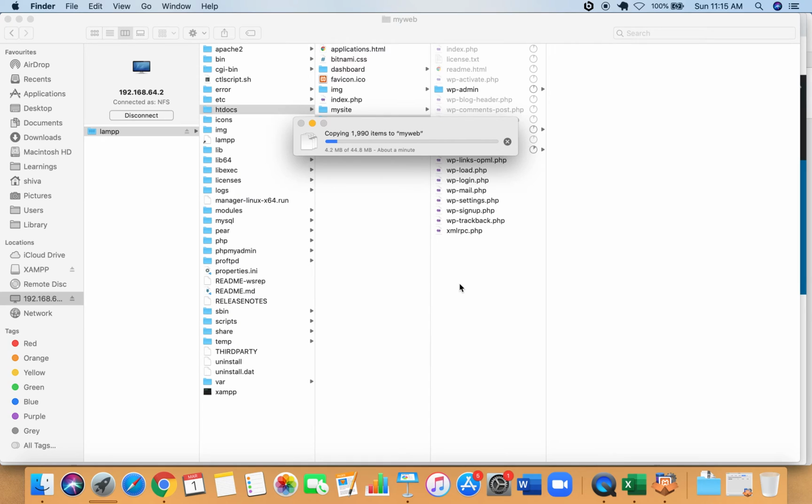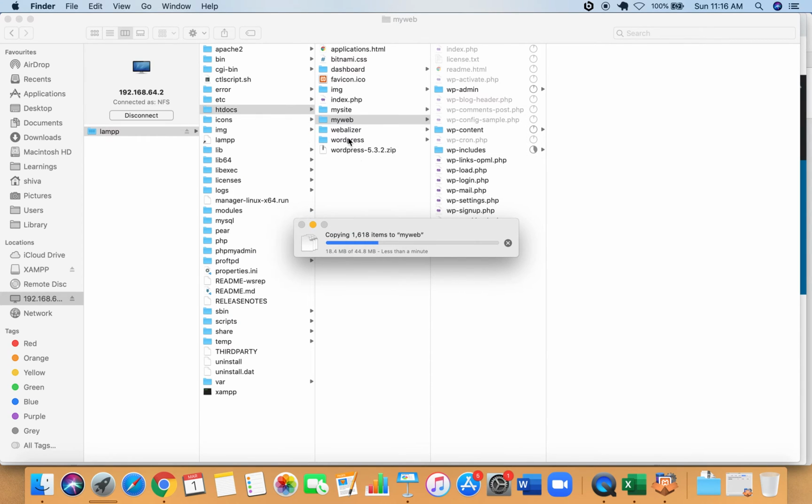So if you have multiple websites, you can create that many folders and then copy these files into that folder. I already created my site and had all these files there, and now I'm creating a new folder for the new website to test, which is called my web. Once it is copied, there will be a file called wp-config-sample, which we need to edit,